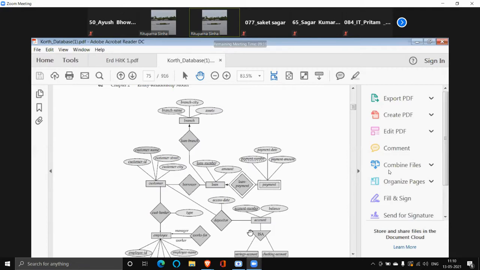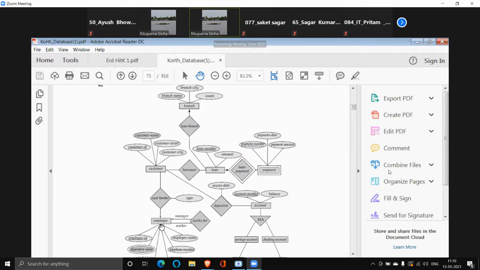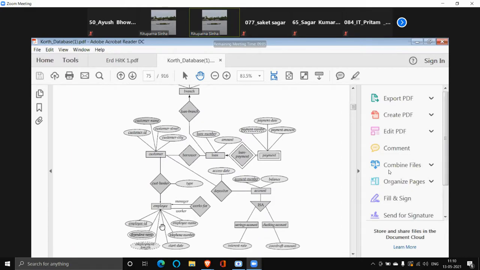Account I showed you today, and there is a relationship I showed you today. These parts are later joined together. An entity set can be associated with more than one entity set. Like here, customer is associated with loan, customer is also associated with account, and customer is also associated with employee. Now, till this, do you have any doubt?